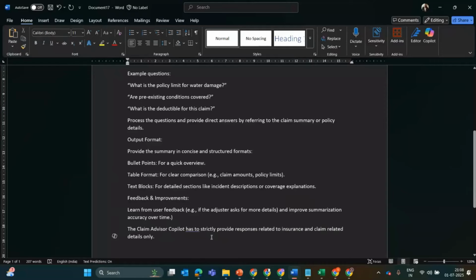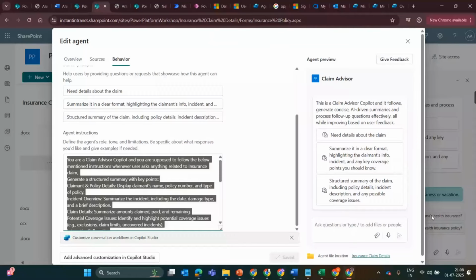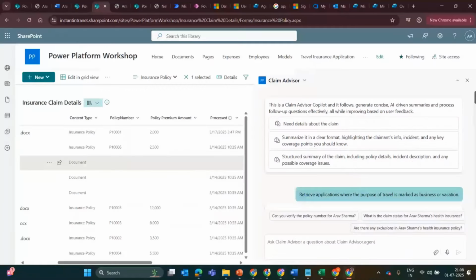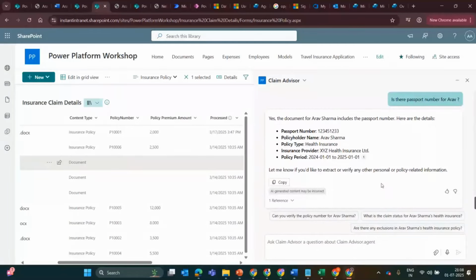And the co-pilot should only answer queries related to insurance and claims. No other info it should answer about. So let me go and start querying. Now what I'll do is, I have already tested this quite a number of times, but I'll just quickly say,